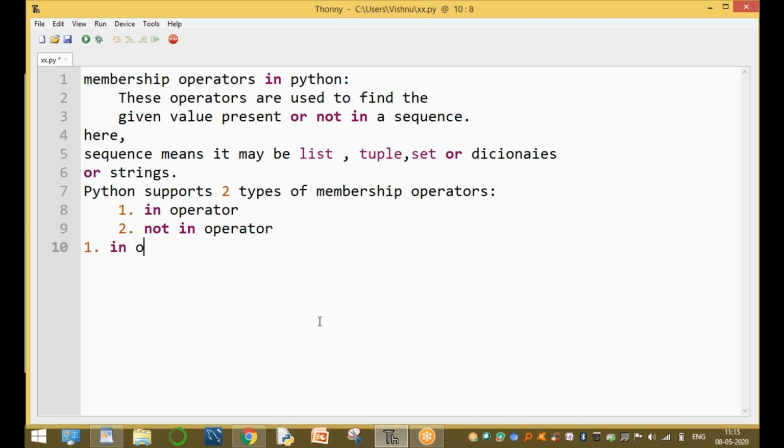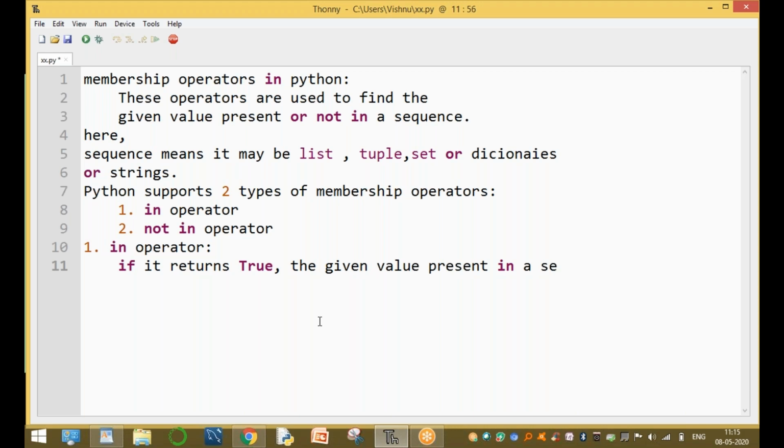What is the in operator? The in operator is used to find whether a value is present or not. It returns true if the value is present in the sequence. It returns false if the value is not present in the sequence. If it returns true, the given value is present in a sequence.